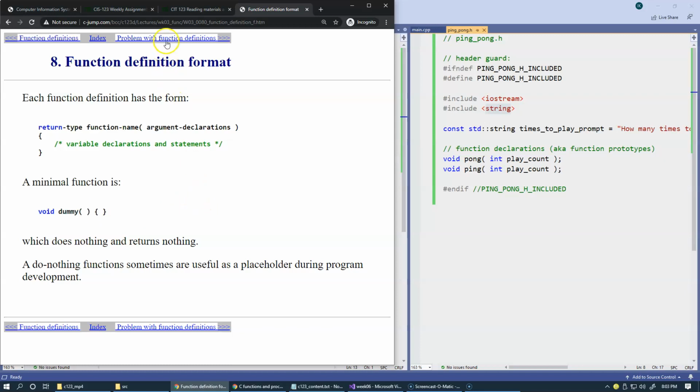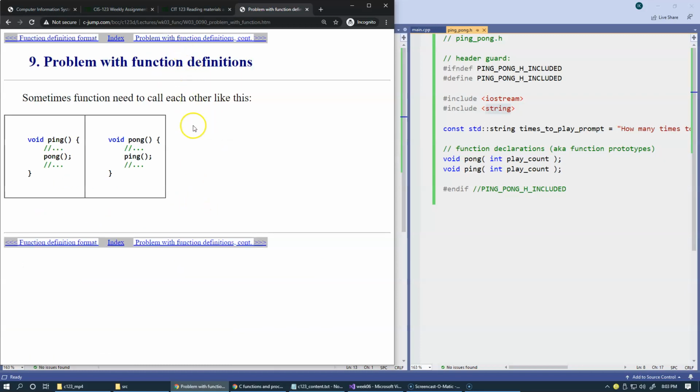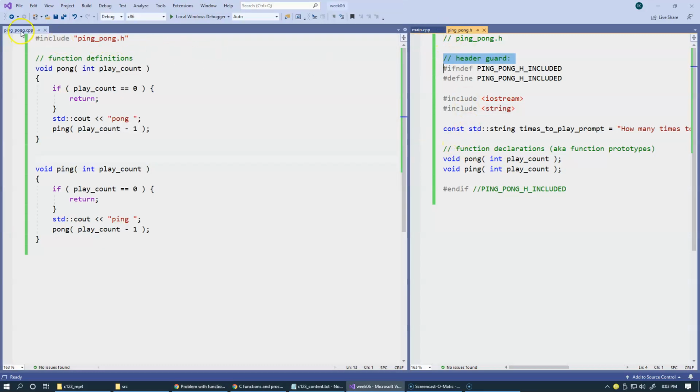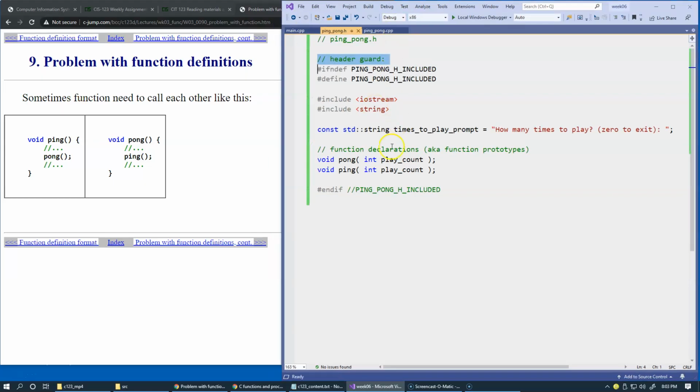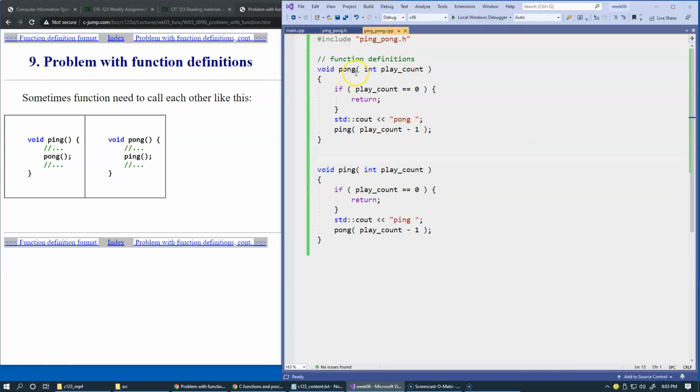All right, so we also have discovered this problem with function definitions and declarations. Let's bring everything to one single tab, and here, recall we had an issue with two functions calling each other. So this was already discussed in our example, and the downloadable code is available on our website. So you can download the entire project with all of these three files,